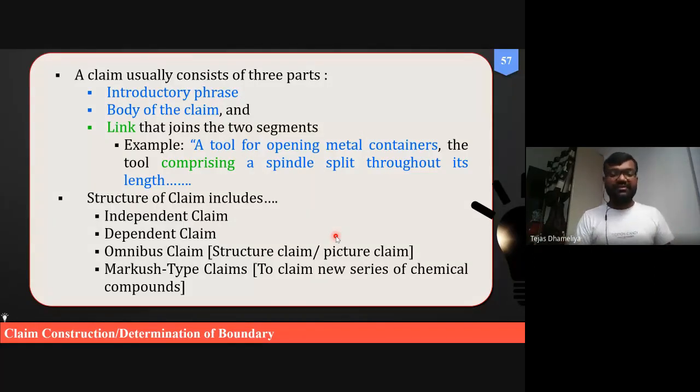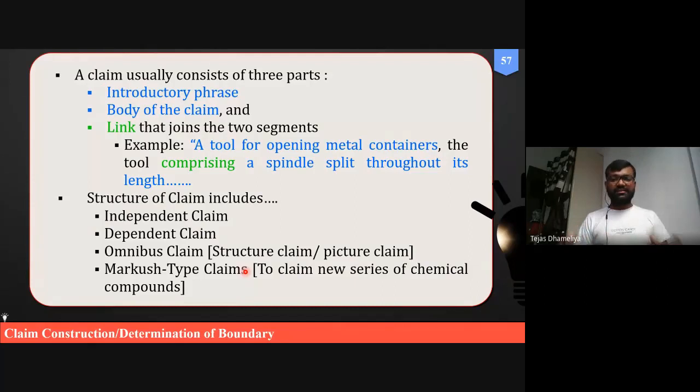The Markush type of claim is the fourth type of claim, which is basically useful for claiming certain structures that can be covered under this category. That kind of claim is called a Markush claim.